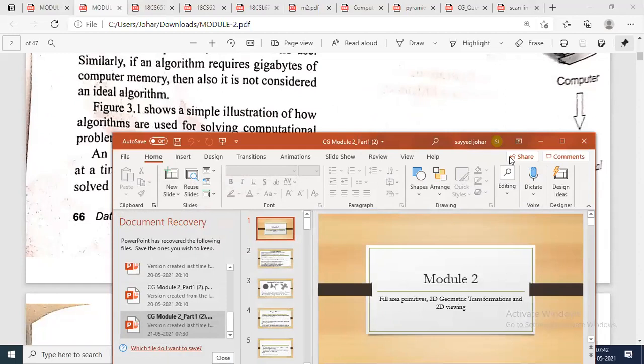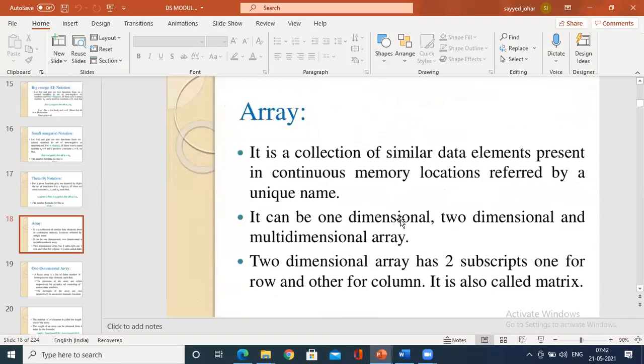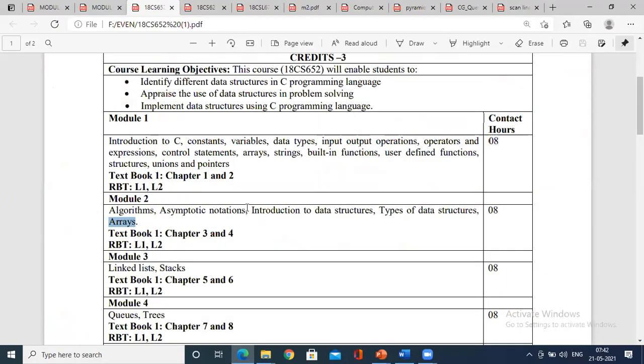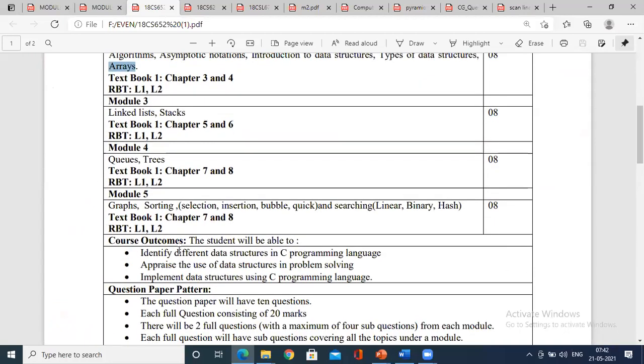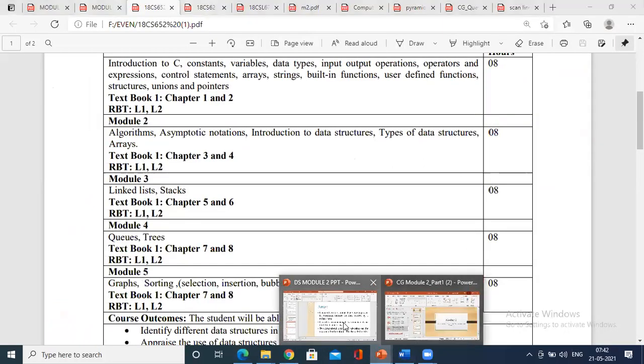Now we were into the topic called types of data structures. The way I have been covering it, because we are going to see this all together throughout the syllabus, that is types of arrays, linked lists, stacks, queues, trees, anyway. Since it is a part of the syllabus, if the question is divided from this unit, half question from this and half question from that, you may get asked to explain any two of the data structures. So with that point of view, let me explain that.